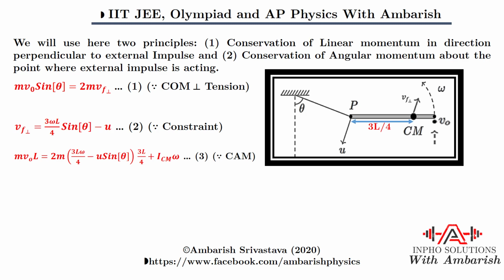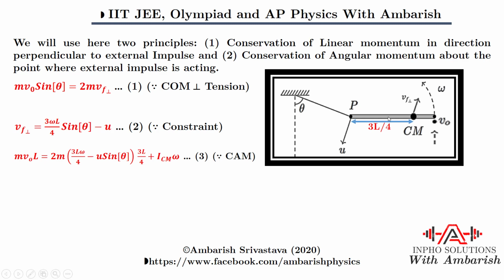So keep that in mind so as not to make any conceptual mistake there. So I'm conserving angular momentum at a point which is fixed with respect to ground but coincident with P. Now what is the initial angular momentum about that point, or you can say axis. This is a 2D problem, so point and axis mean one and the same thing. When I'm saying axis, that means axis perpendicular to the plane of the slide, coming out of the slide. So point and axis I might use interchangeably for 2D rotation. Alright. So velocity here is v0. So what's the initial angular momentum about this axis? This is m v0 L.